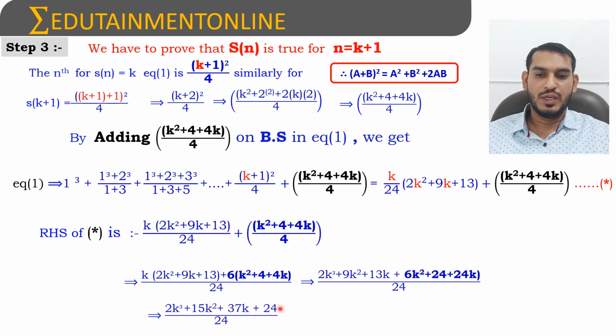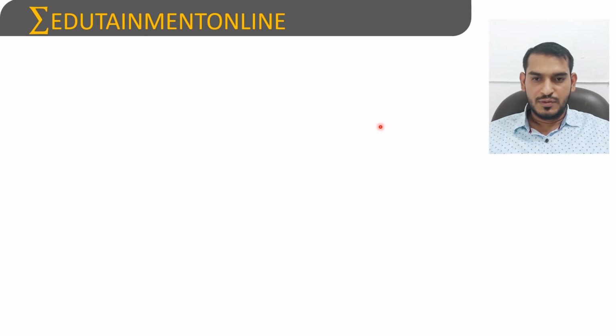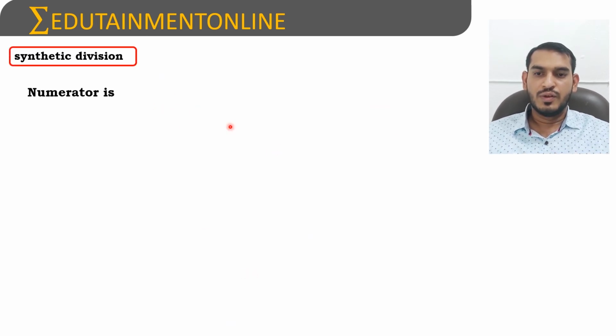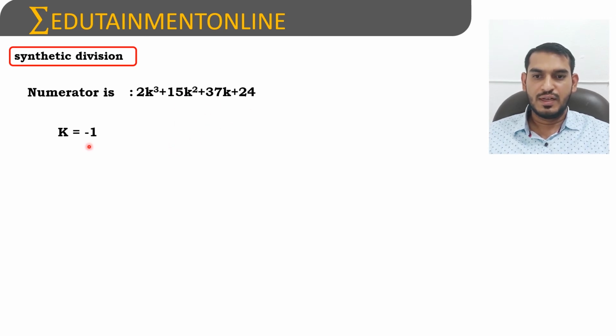Now this is a cubic equation. This will have 3 roots. So we will simplify this cubic equation using the trial and error method. So we know that -1 is one of the roots. So using the synthetic division, we will resolve this. So writing the coefficients of the terms 2, 15, 37 and 24. Now we are doing the synthetic division with -1, considering it as one root.